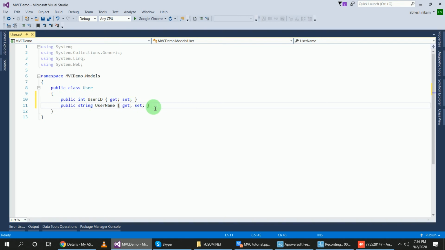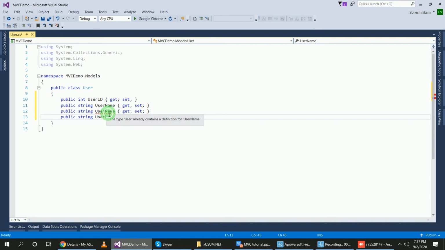Copy this string, paste it here: user ID, username, password and full name, right? These are all strings and only the user ID is integer. So I have written this type.